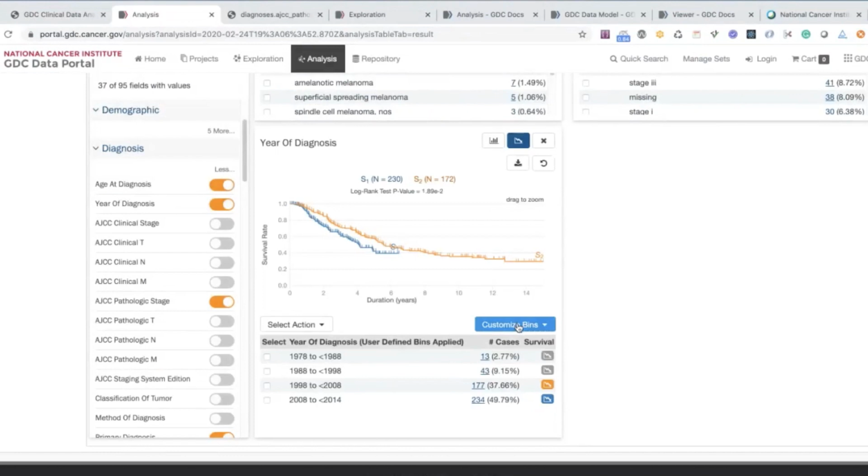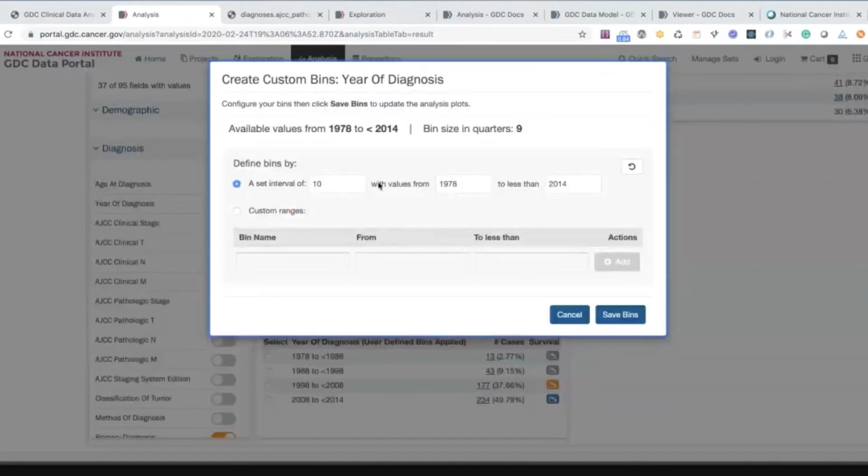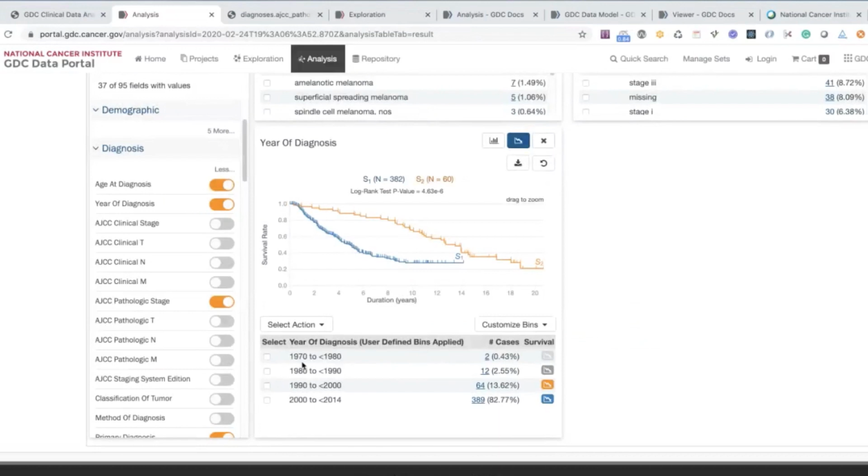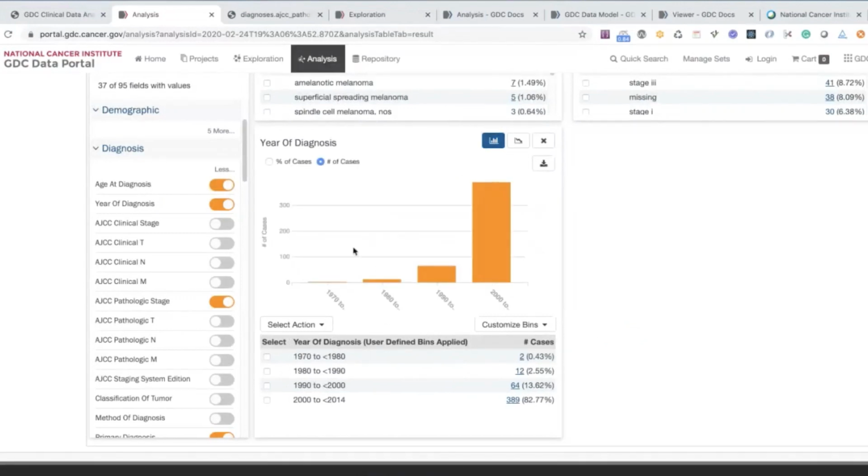I'm going to go back and change it again. However you want to, there's no rules to it. I'm going to play with the values over here. So I'm going to do it to 1970, 2014, and do again. Now it gave me nice decades from 70 to 80, 80 to 90, and now I can see there were 2 cases because the first case started in 78 within this cohort, and I can go back to my histogram, and it plotted the histograms,